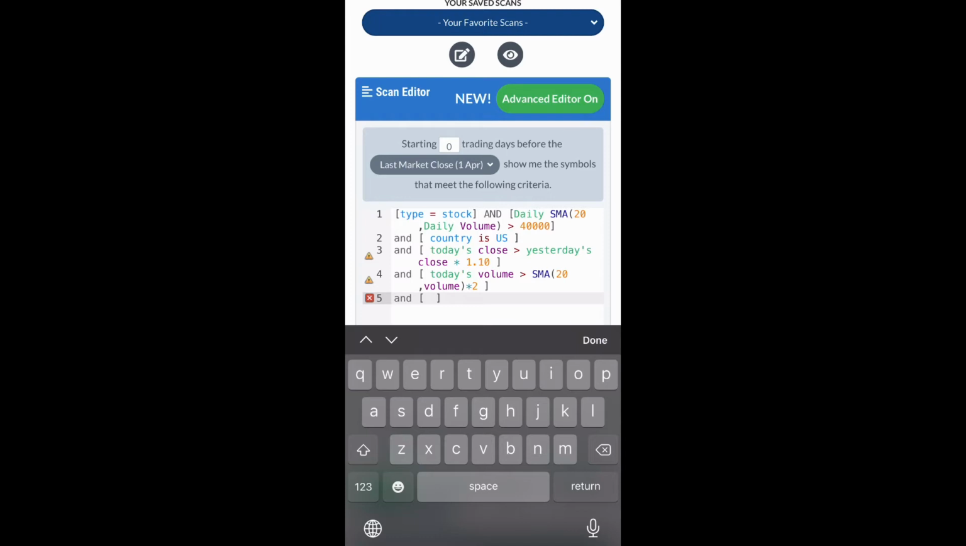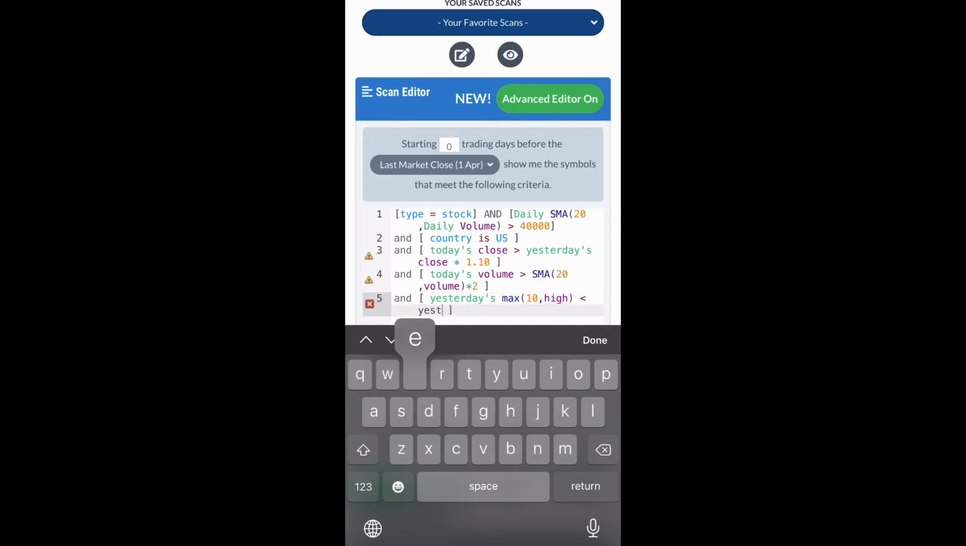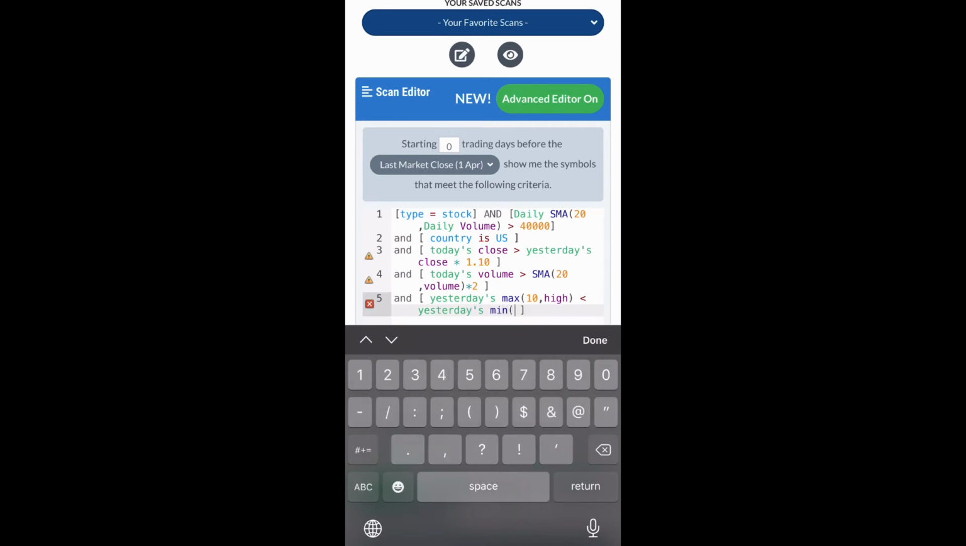So we're going to start with yesterday's maximum. So we're going to look at yesterday's max. And I'm going to actually look at it over 10 days, right? Which means I'm going to have a little bit more of a wider trading range. And I'll show you what I mean in just a second. So we're going to look at it over 10 days. We want this max to be less than yesterday's minimum, also over 10 days,